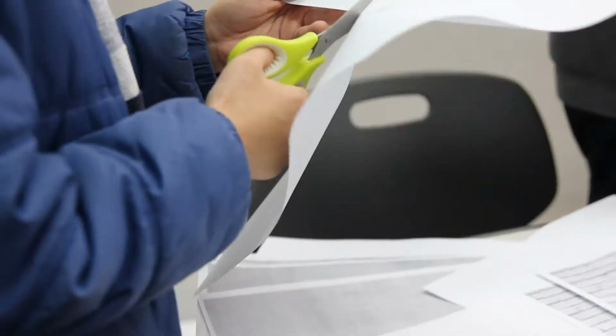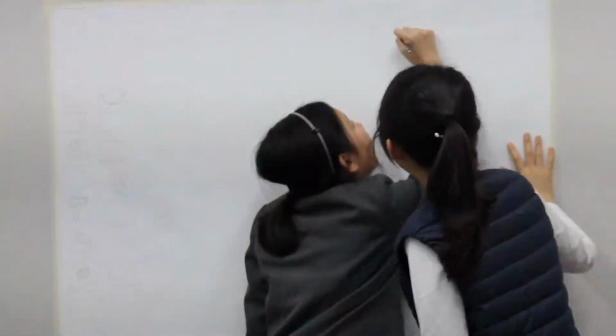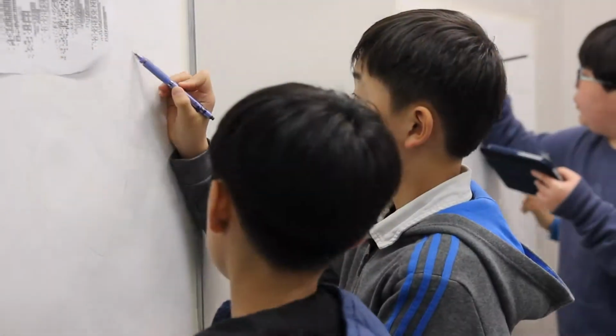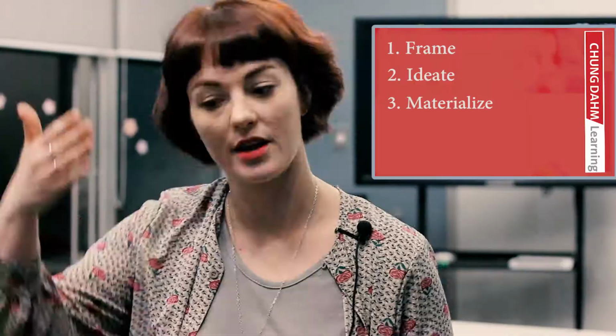For the third step of the process, the materialize step, like I said before, students were actually making their own graffiti. In order to do this, I picked up some paper from the local arts and crafts store, and I taped them on the wall so students could experience what graffiti artists actually go through when they're making this art in a vertical way instead of just face down.